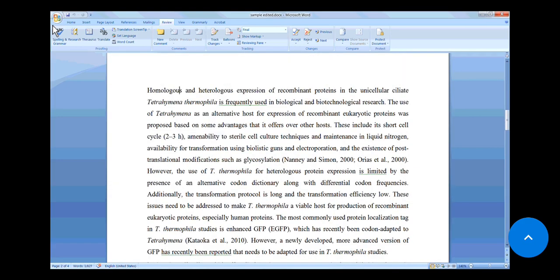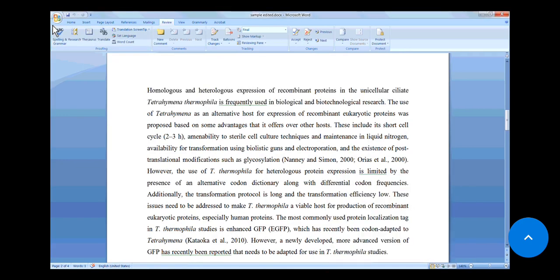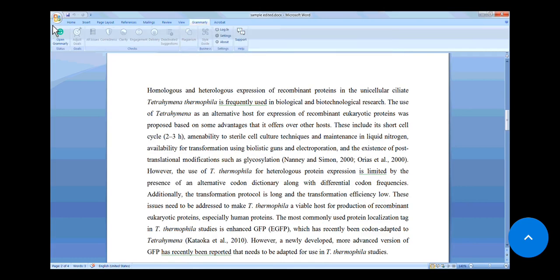Okay, and then you do one spell check, correct all spellings, and then use Grammarly to check. First I will show you how to install Grammarly.